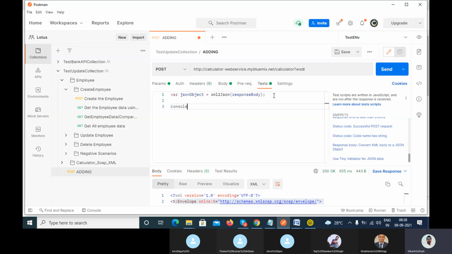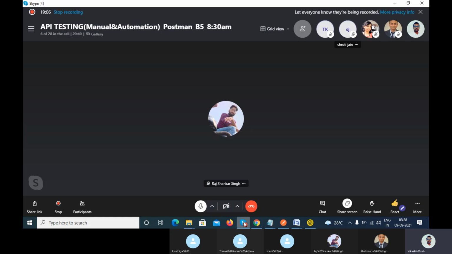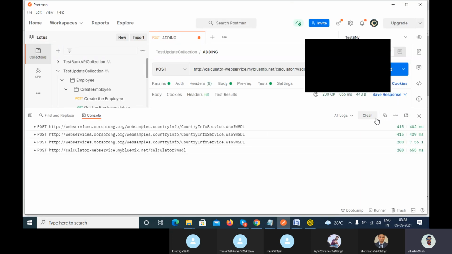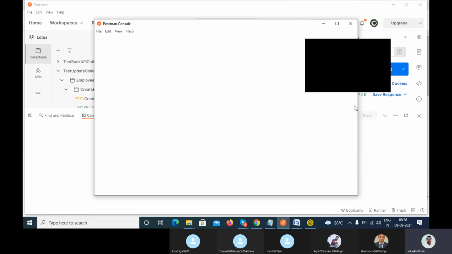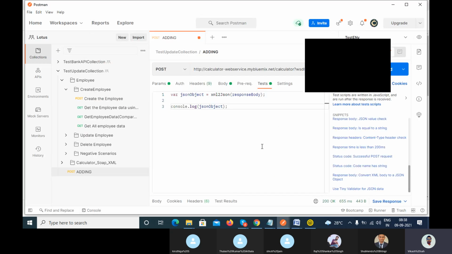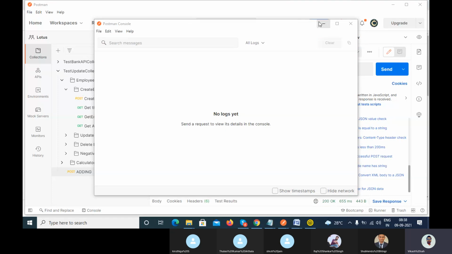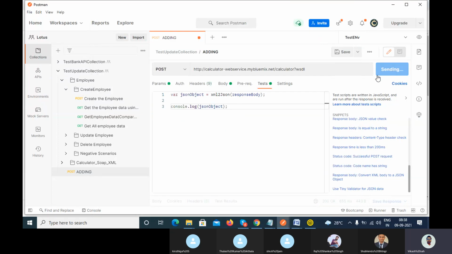console.log and try to print the message. Okay, try to print the message. So let me open the console. Let me open the console and clear it, let me open a new window of console. Okay, I opened the new window of console, right? And let me again call,